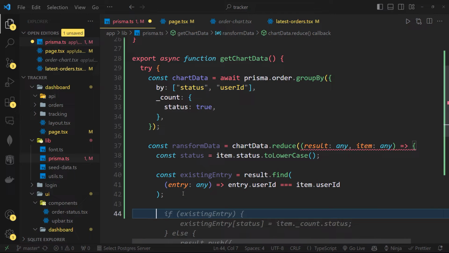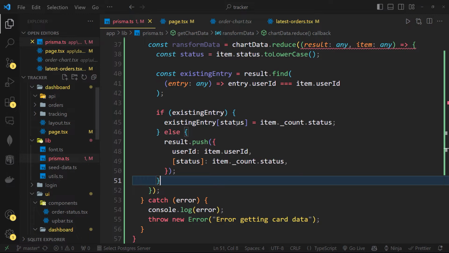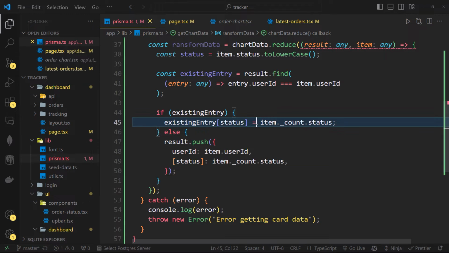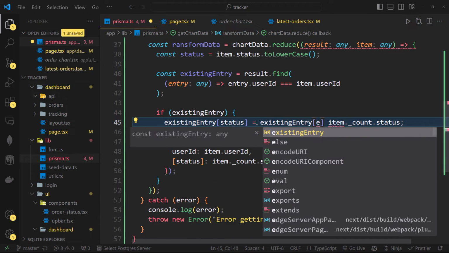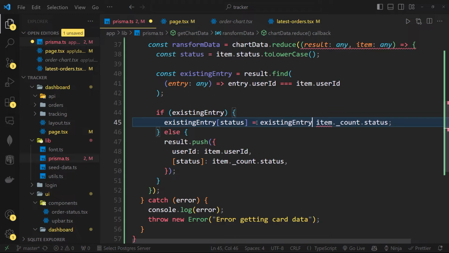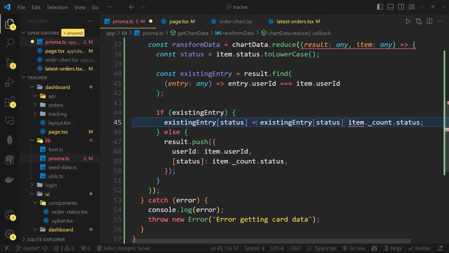Now if we have that existing item, we need to check if existing entry. Let me see if this code here, this is being auto completed for us. Let's see if it is correct. This here is not correct, so we're just going to say if this existing entry of status, we want to get back that very existing entry here. Oh, this is status, yes, like this, or